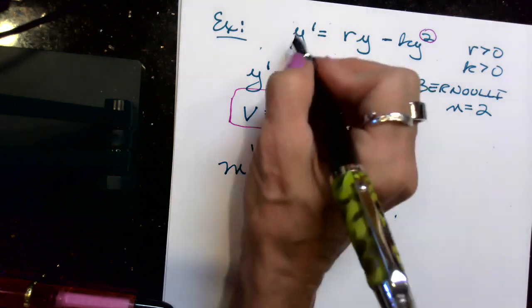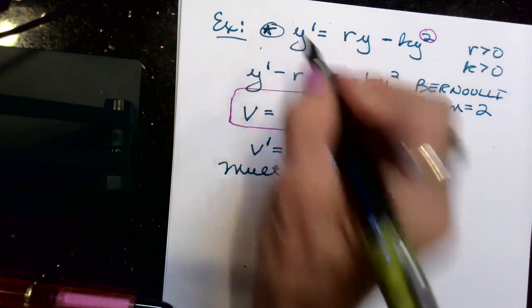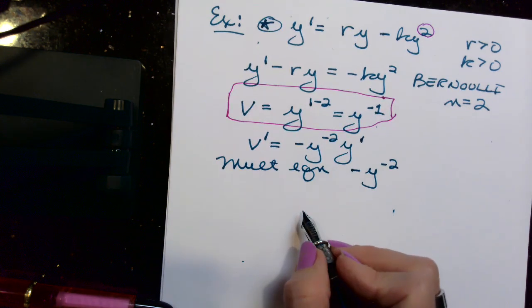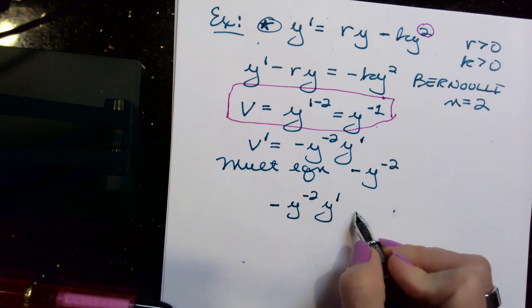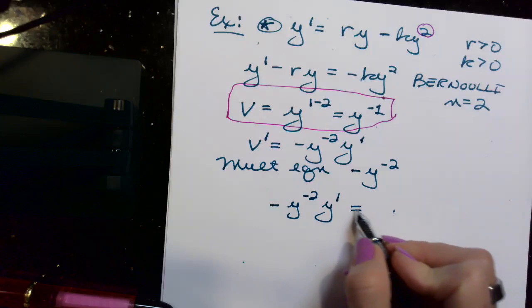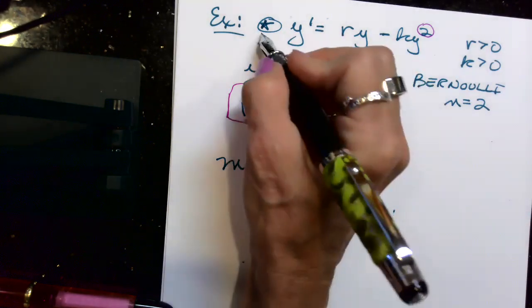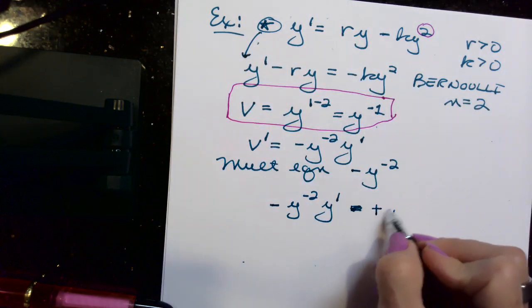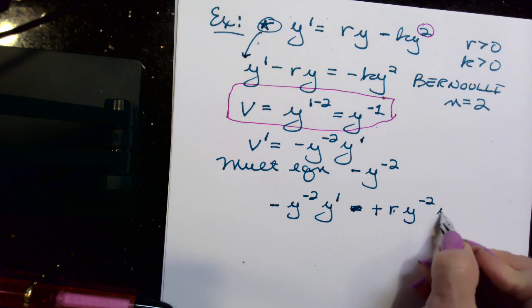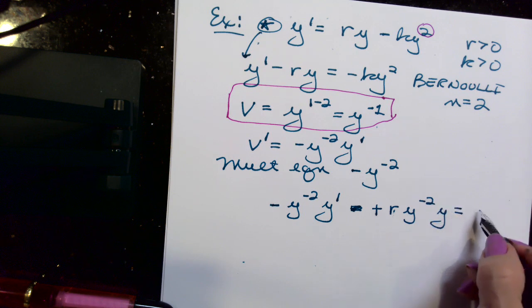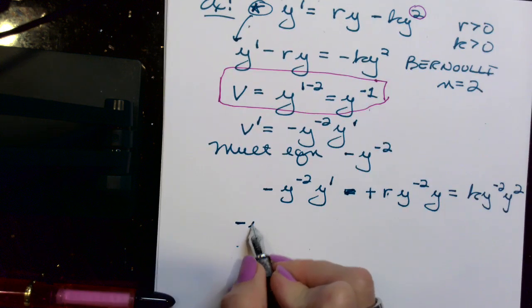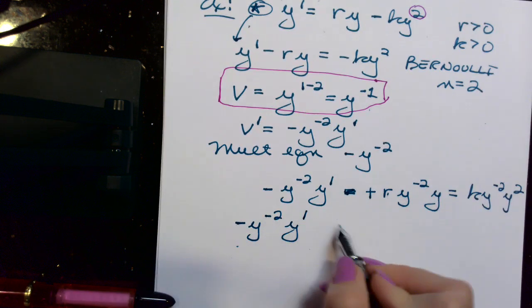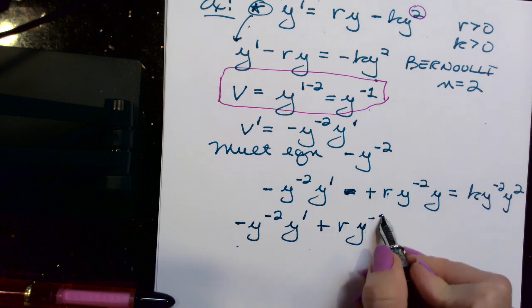So when I do that, I multiply this equation up at the top, right here, by minus y squared, to minus y to the minus 2, I will get minus y to the minus 2 y prime, and let me bring the r term to the other side. So we'll use this equation right here. So this will be plus r y to the minus 2 times y is equal to plus k y to the minus 2 times y squared. So notice that reduces to minus y to the minus 2 y prime plus r y to the minus 1